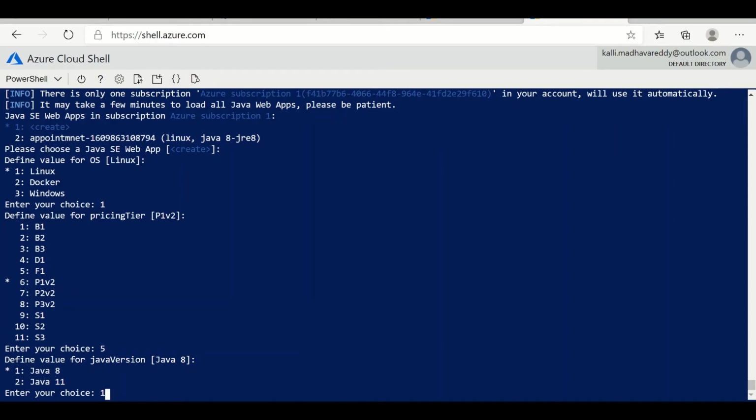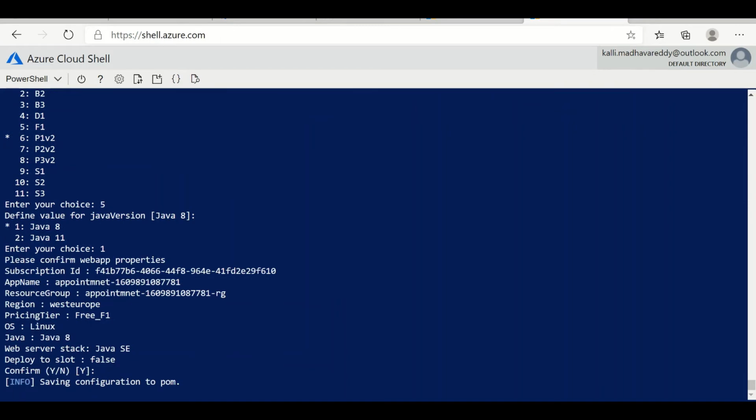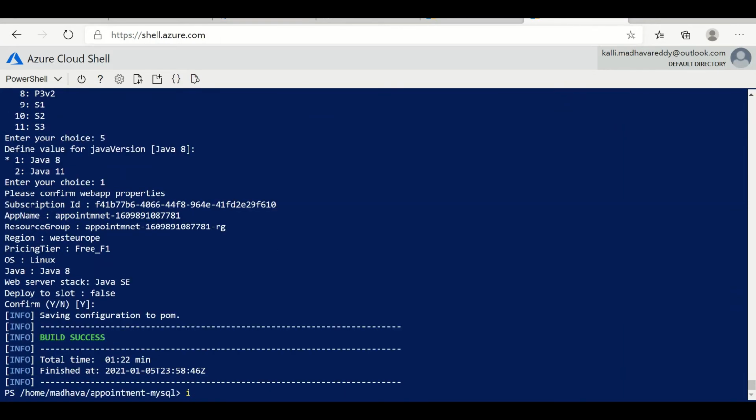Yeah, just enter, and the build is successful now. If you see here the properties, the region is automatically picked up, and the resource group, the resource app name, you can give any name. Initially it automatically chose this app name with a unique number appended, and the resource group is generated on top of this app name. The region it chose as okay, we didn't specify any region,